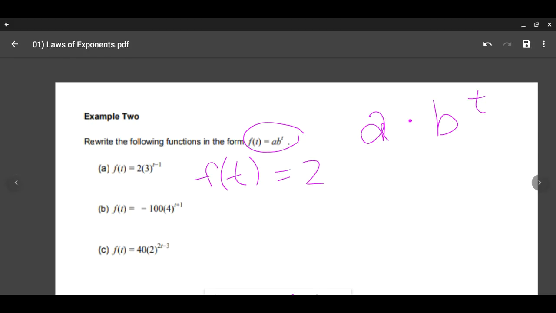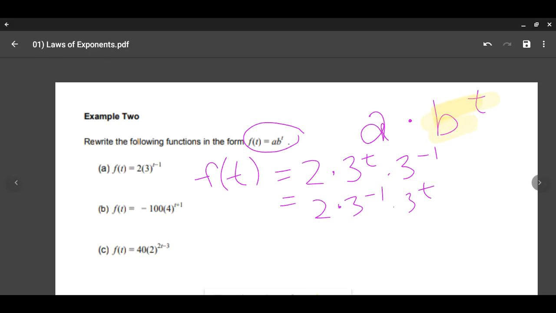kind of like unraveling our exponent. So I'm going to think of this as 3 to the t times 3 to the negative 1. Basically, I'm giving that exponent to the 3 inside the parentheses in 2 pieces. That's the same thing as rearranging it like this. Remember, multiplication, I can change my order. So now